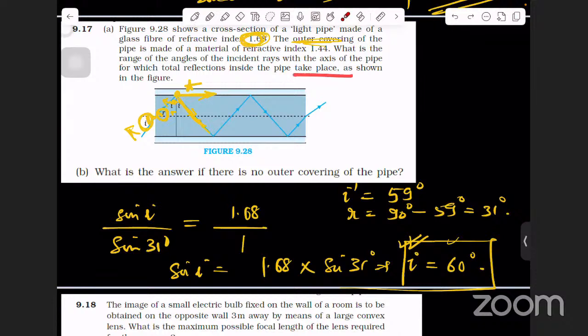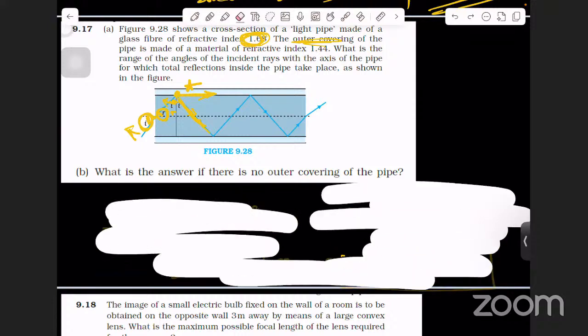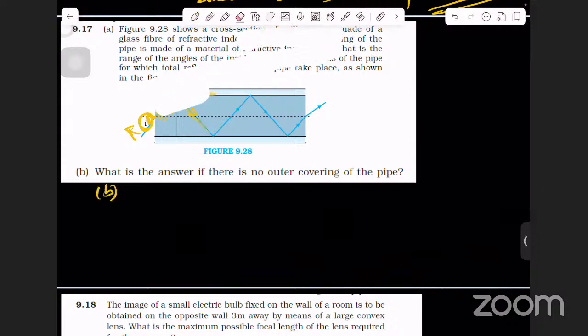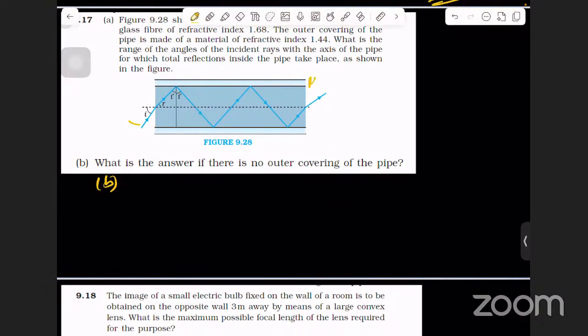What is the answer if there is no outer covering? If there is no outer covering, for the second part, then this mu would be 1. It's just air, and this is 1.68. Just apply the same thing. Sine I dash over sine 90 would be 1 upon 1.68. That implies I dash should be equal to